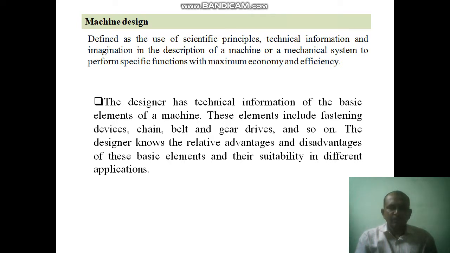Obviously, a number of machine elements are available in our surroundings for different applications, and if we are unaware of their functions, then it is difficult to use the proper elements for that machine assembly.